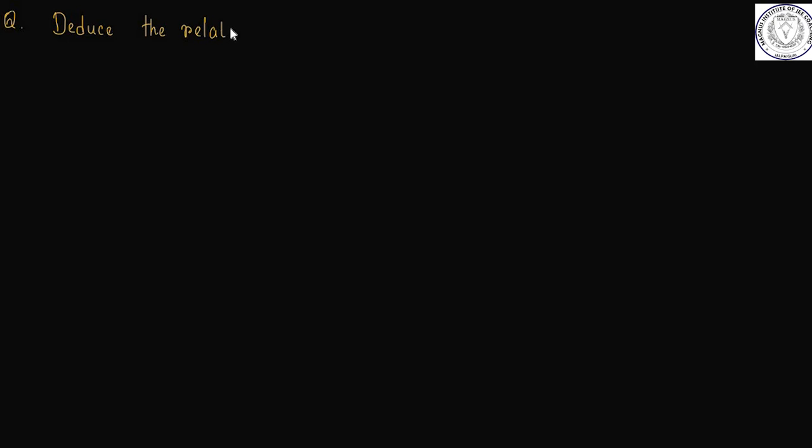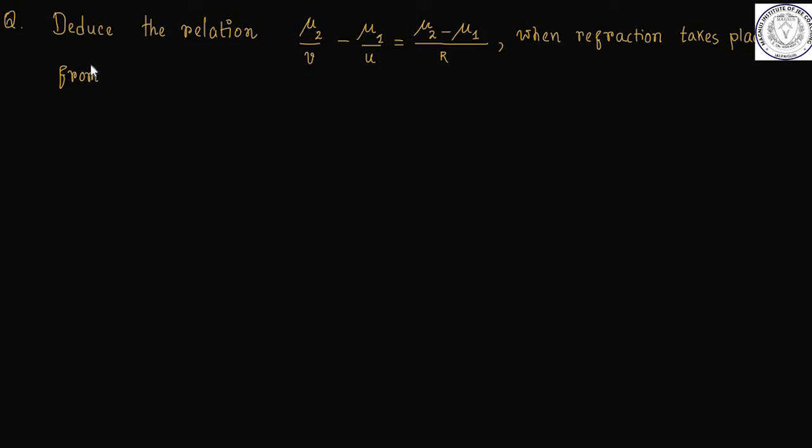Deduce the relation, that is mu2 by v minus mu1 by u is equal to mu2 minus mu1 divided by r, where refraction of light takes place from a rarer medium to denser medium through a convex refracting surface, provided